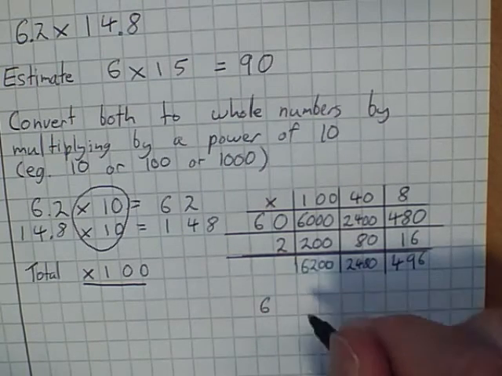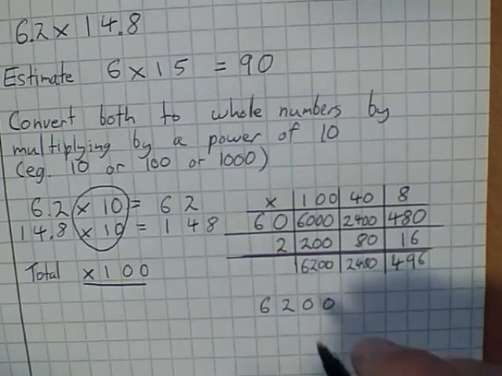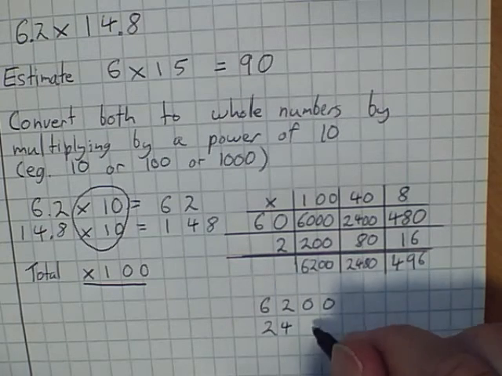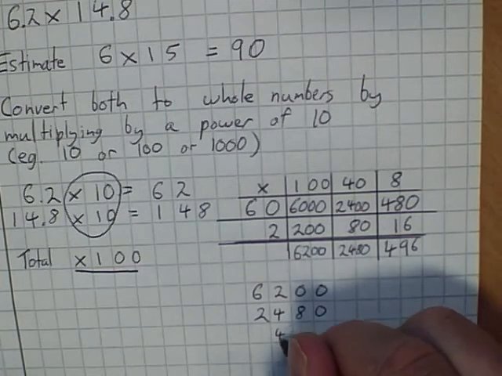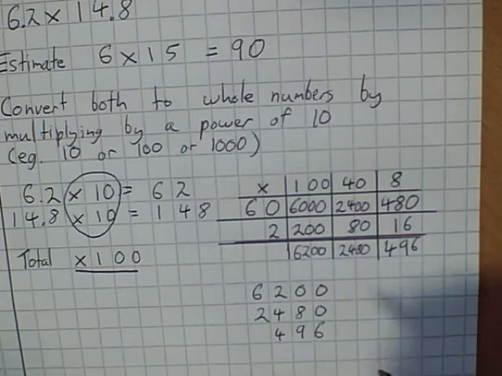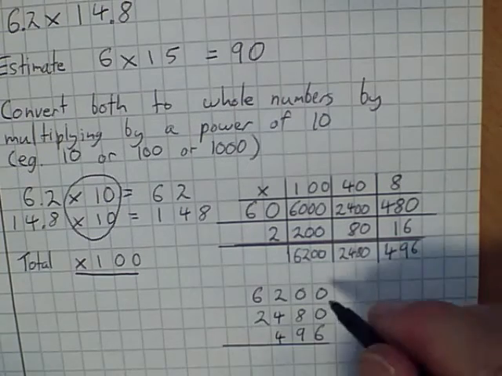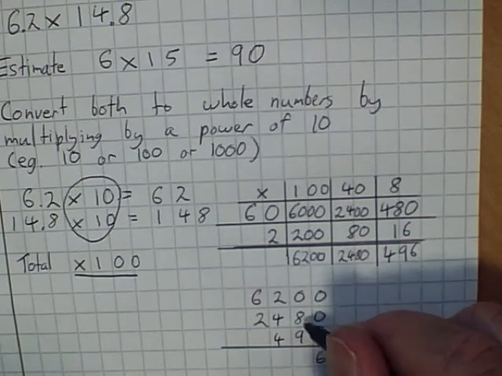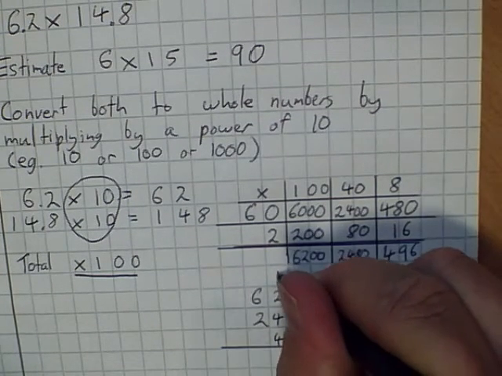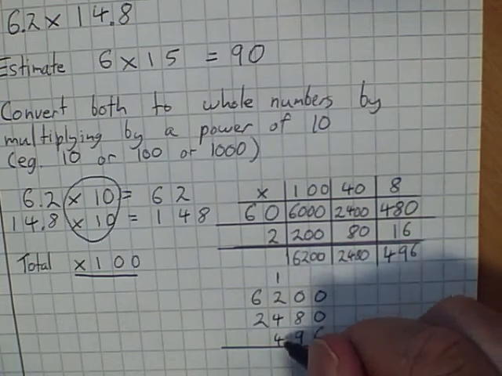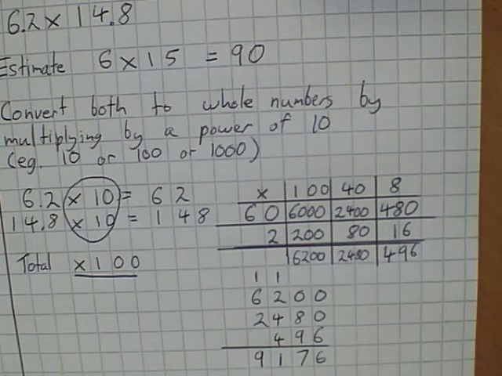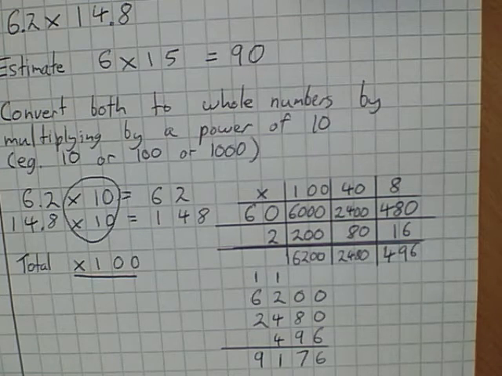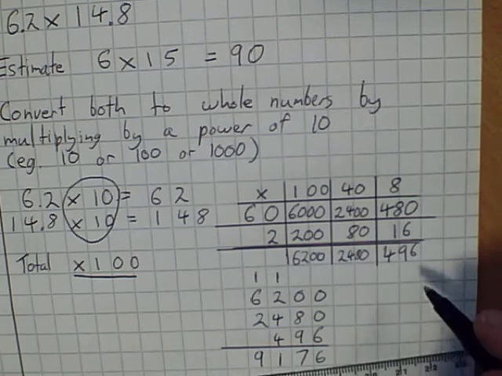So 6,200 plus 2,480 plus 496. 6 and 9 and 8 make 17. Carry the 1. 2, 3, 7, 11. Carry the 1. 6, 8, 9. So 9,176. But I know that my answer can't be 9,176